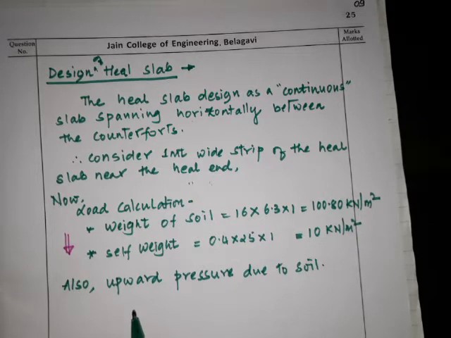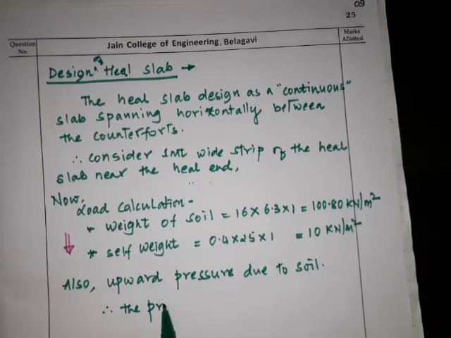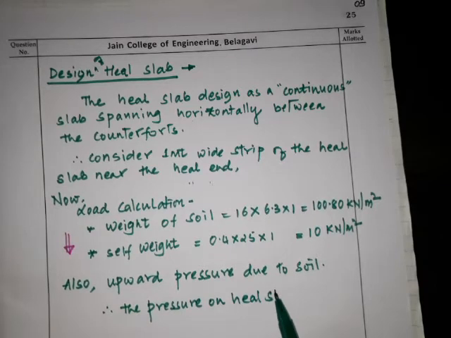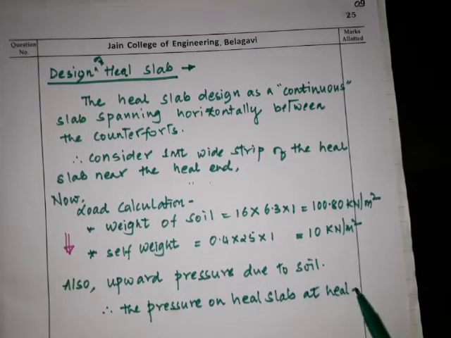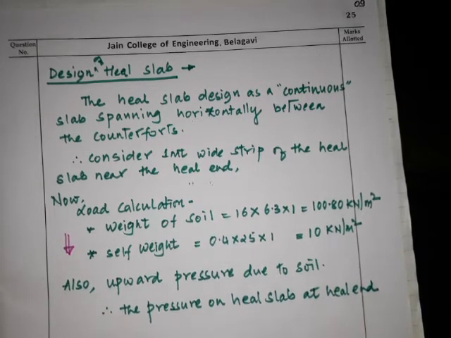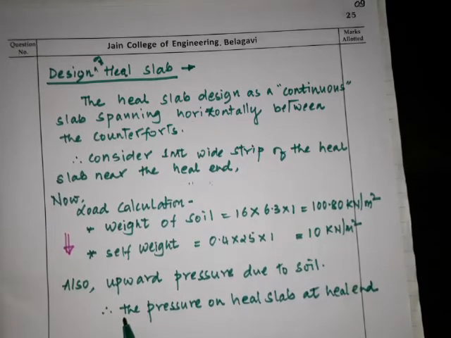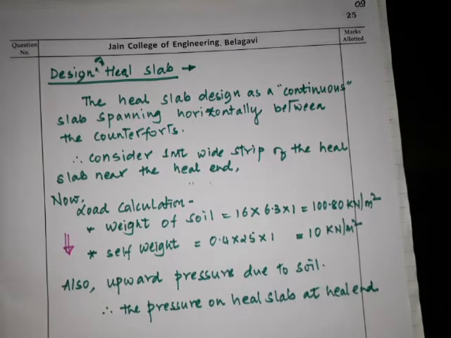So here, therefore, the pressure on heel slab at heel end, so we have to consider, because we are considering 1 meter wide strip at heel end, so same you have to consider the pressure on heel slab at heel end. So we have got here, okay,